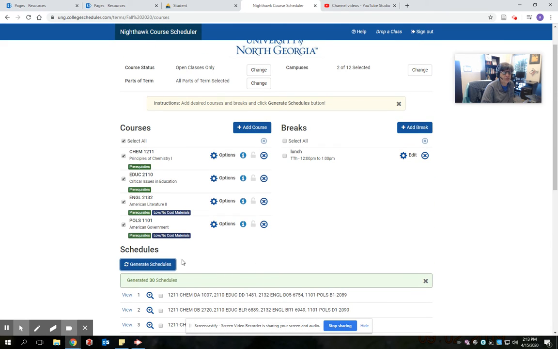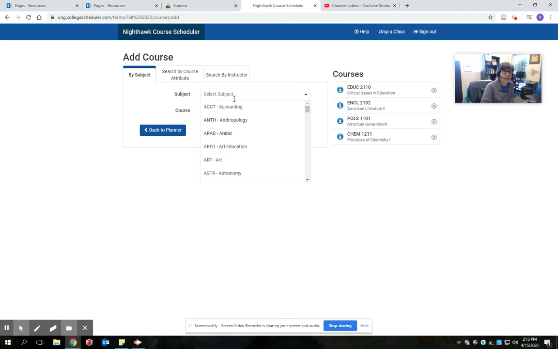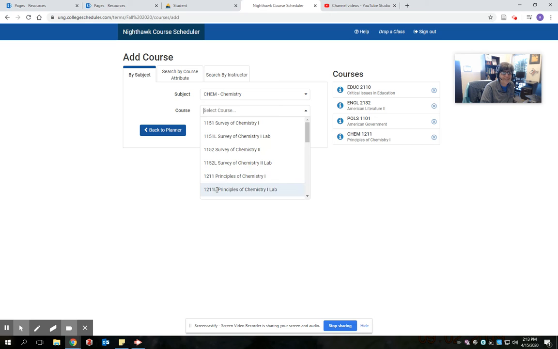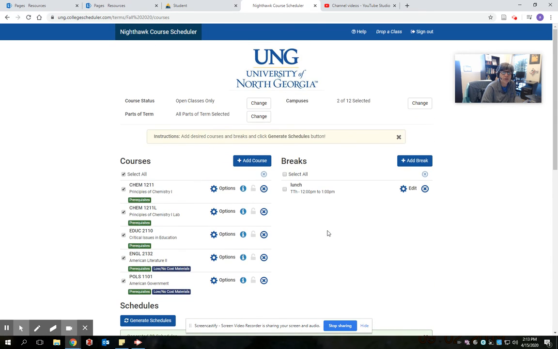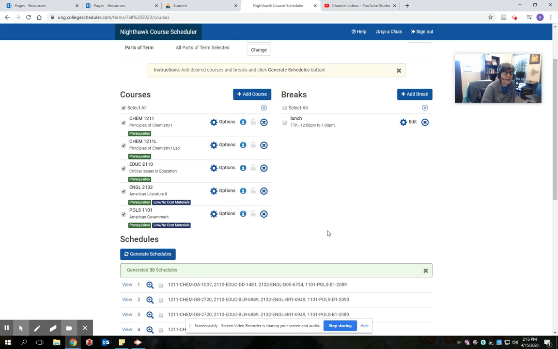So I have 30 schedules, and I'm surprised that it didn't give me a warning because I know my chemistry also has a lab class. It's a co-requisite class. And sometimes you'll get a warning here and it'll say the co-req is available. Would you like to register? But since it didn't, I know I have to manually add that class because I need it. You have to have it. So you can tell it's the lab class because it designates an L right after the course number. So 1211L is the chemistry lab. I believe physics and some biologies also have those co-req lab classes. So just make sure that you are registering for both.